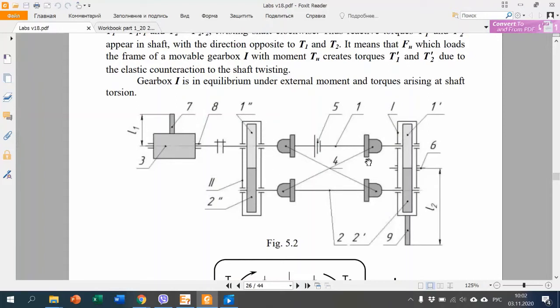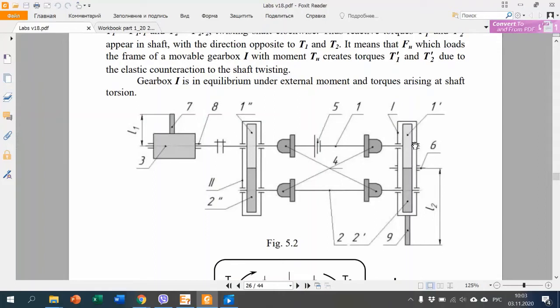Then we know that force here acts on a pinion, on a gear, on a shaft, on bearings, frame, and on a base plate. If we make this gearbox movable under these forces,